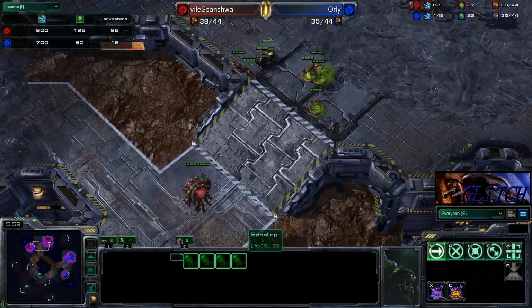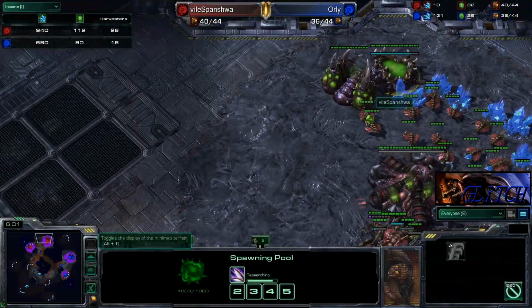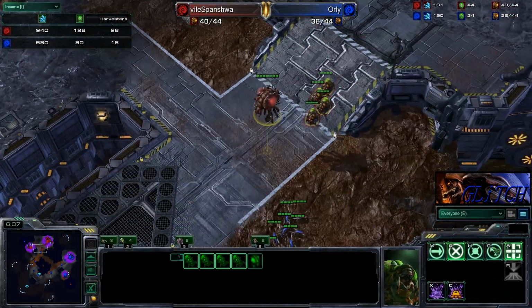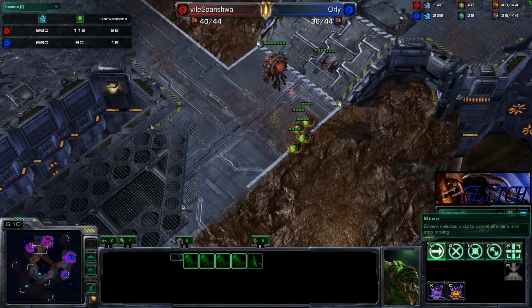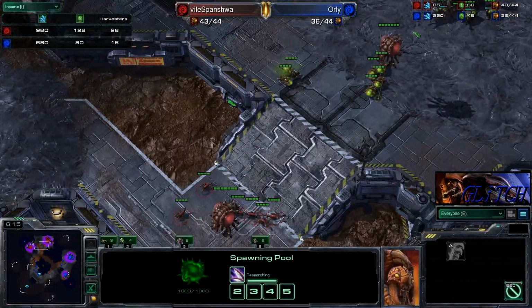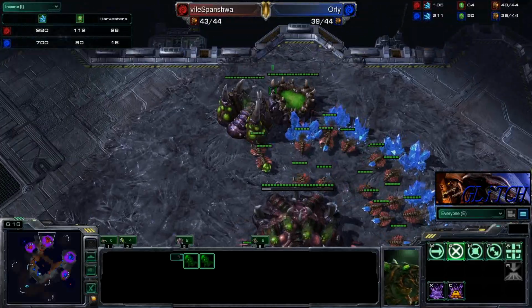Once the Zerglings are coming, he throws down those Banelings. This means that his Zergling speed came up much faster. If he would have gotten these Banelings first, that Zergling speed would not have been up nearly as fast. He would have had to make these Banelings, then he would have had to save up another 100 gas for,